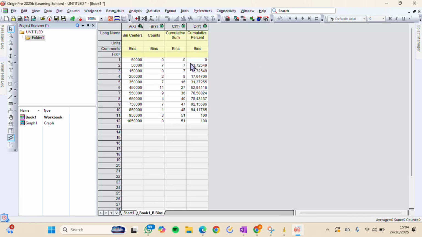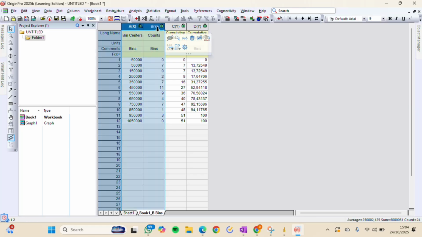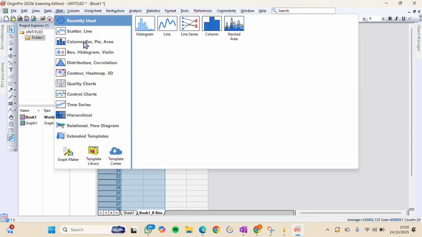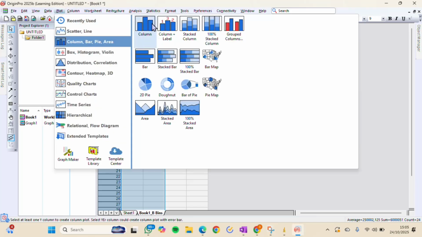Then we get the histogram result data. We select columns A and B and search again in the plot, and we choose the column.